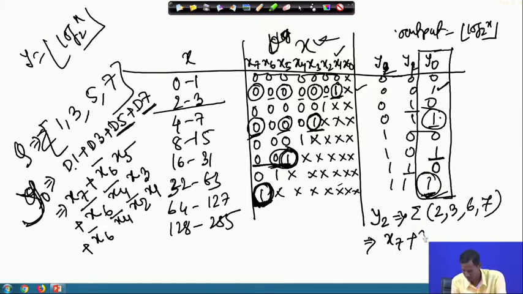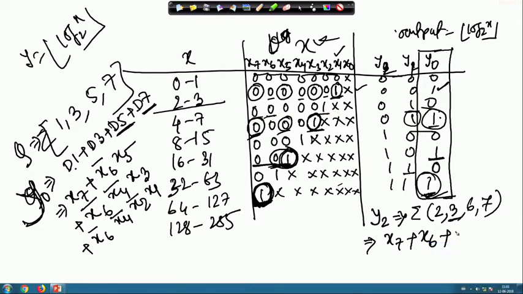So, only this x6, plus 3 means what? For 3, what is the bit position? So, for 3 it is this. These 2 bit positions I have already got 1. So, this will be x5 bar, x4 bar, x3. Okay. Sorry, this is for this 3. So, this I already got, this and this. So, for 3 it will be x5 bar, x4 bar, x3, and for 2